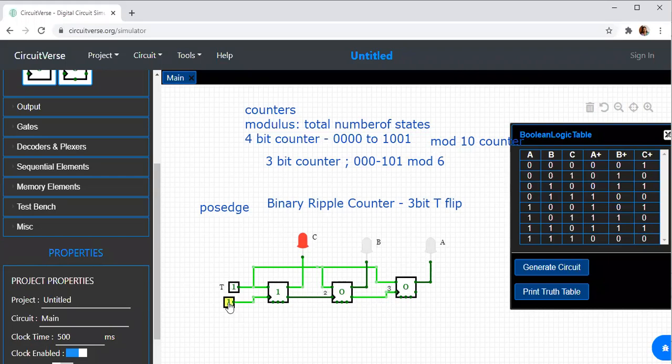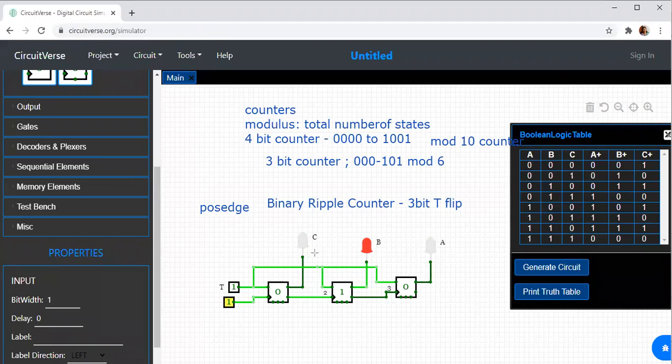Now suppose I change the next state. What is the count now? It is 0, 1, 0. Why? What was the previous input over here? I'll just write here. What was the previous input?